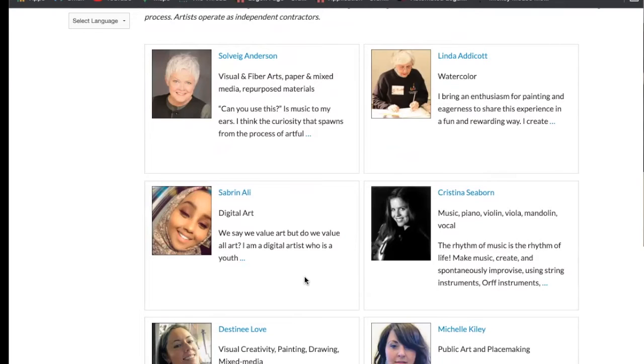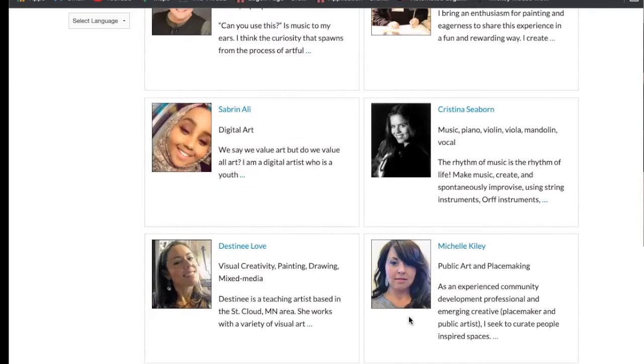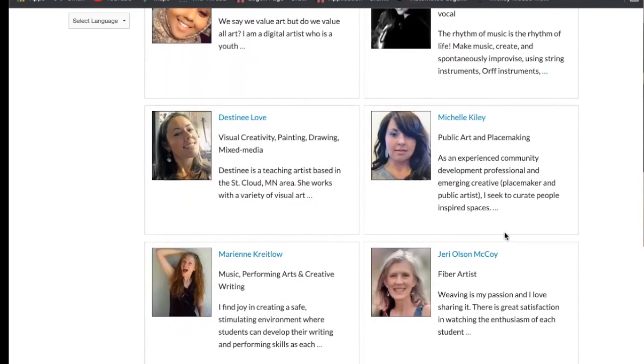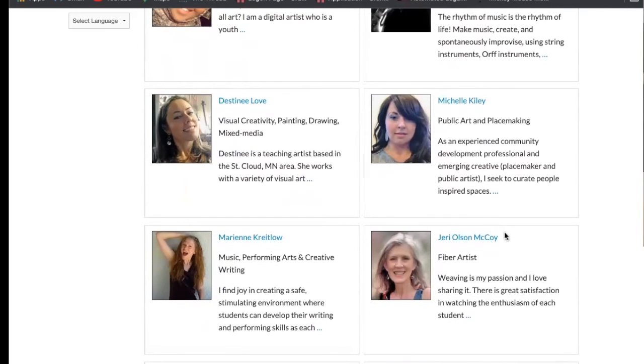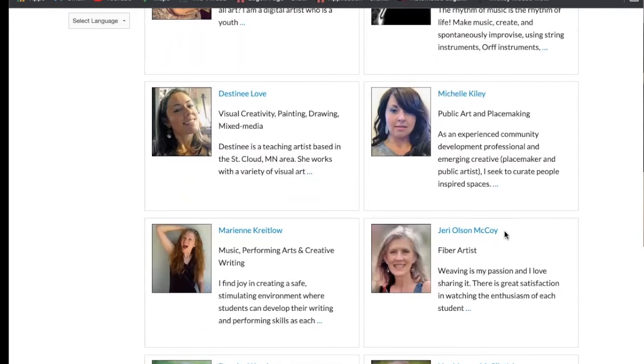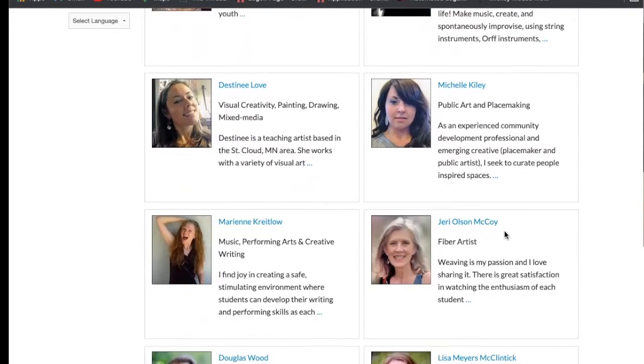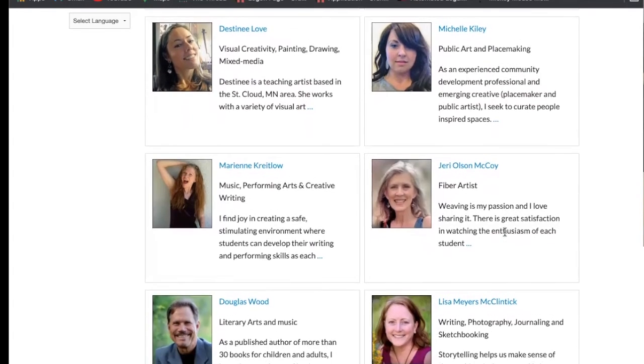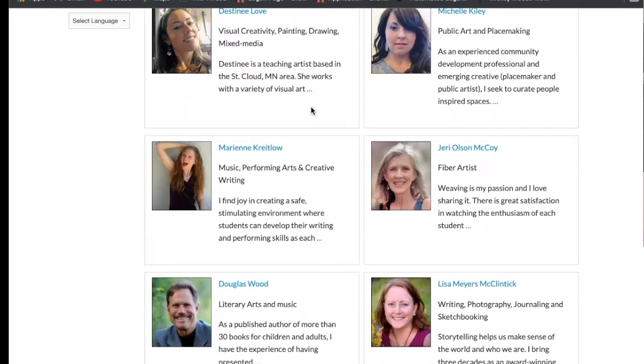And that's intentional. We want this to be a place where people from around the region can come and say, oh, I hadn't even thought about having an artist who specializes in public art come to talk about this sort of thing. Or, we're looking for somebody to help us deal with this truckload of fibers that were donated. So if you are thinking about this training and you don't see your discipline or medium represented in this list, that's a good thing. We really, really want you on the list then, because you add value.